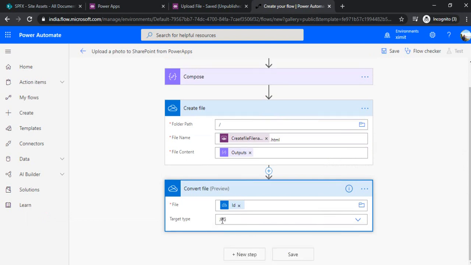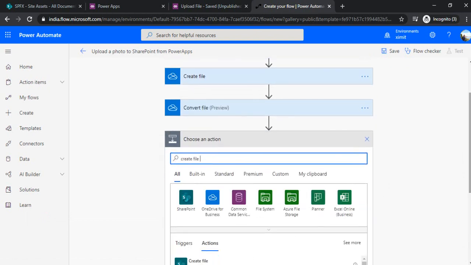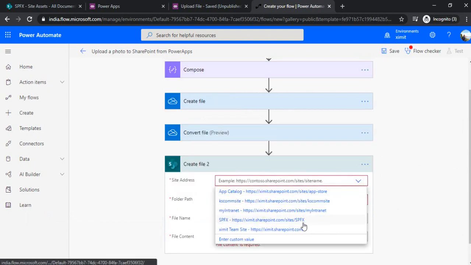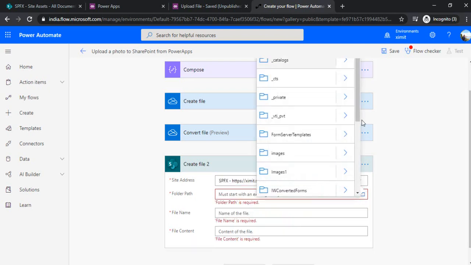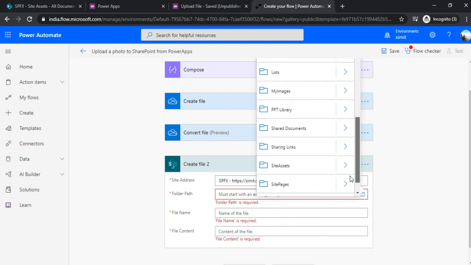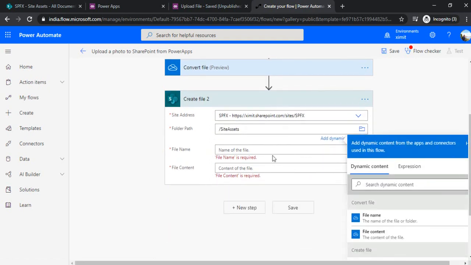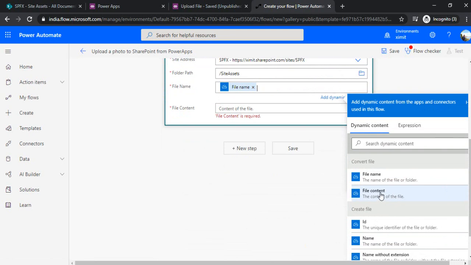I have chosen JPG, and in the next step I'll create that converted file in SharePoint. So I'll use this create file action, and under this I'll choose my site. For the folder path, I will create this image under Site Assets, and for the name of the file I'll choose the file name from the previous step, which will be the converted file.